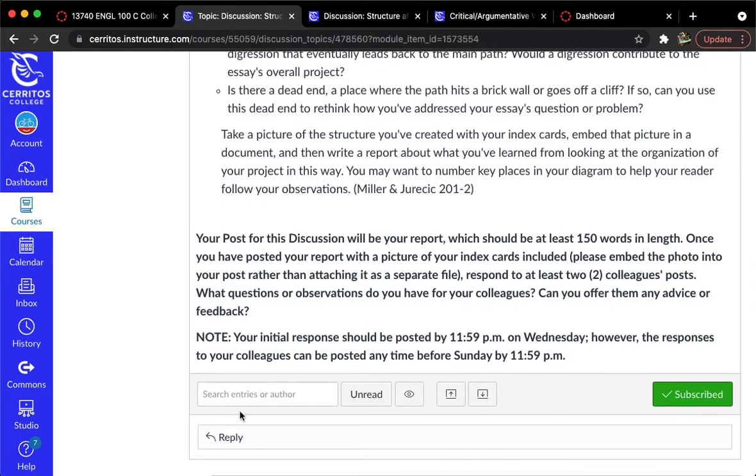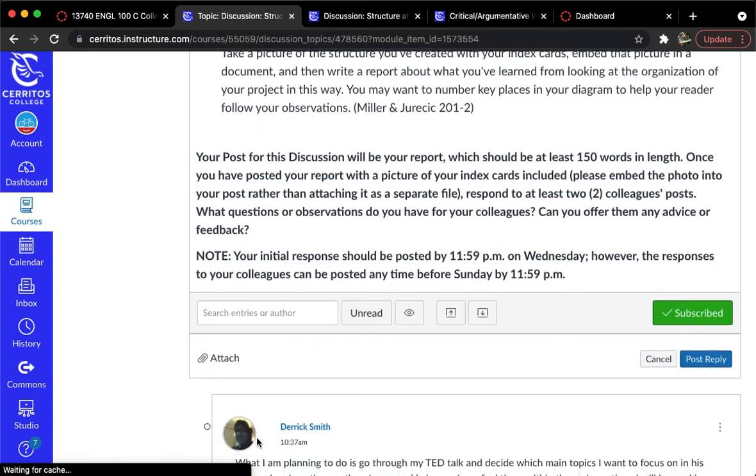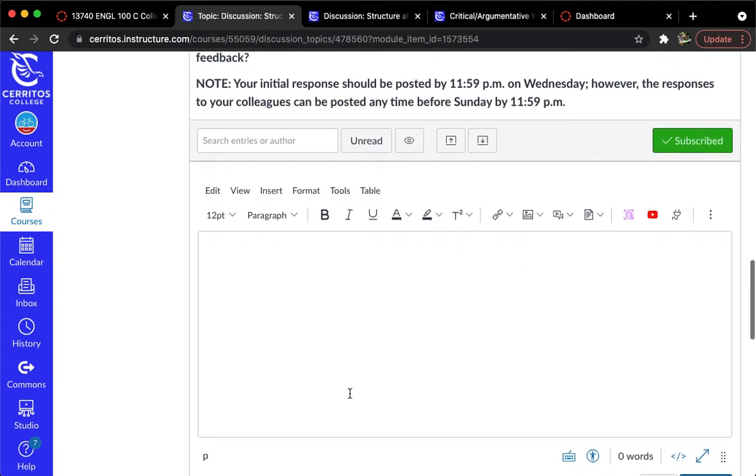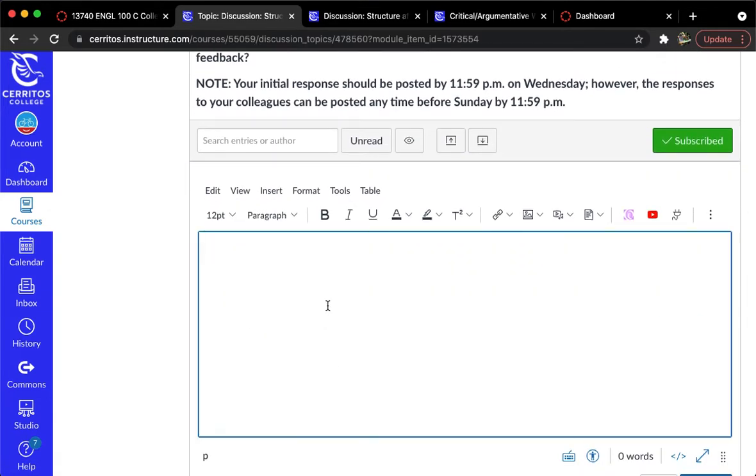When you're ready to post your report here, you're going to click the reply button, and then your text box will appear, and you're going to go ahead and copy and paste your response into it. Again, I don't recommend that you compose it directly into the text box because it might get erased, but save it in a Microsoft Word doc or Google Doc, and then copy and paste it into this text box. And then when it's time to embed the image, you're going to go up here to